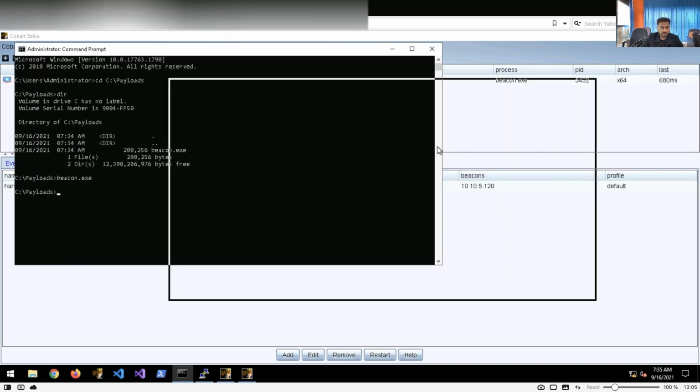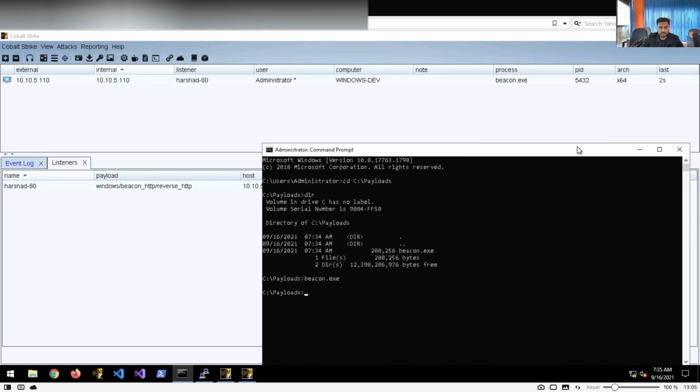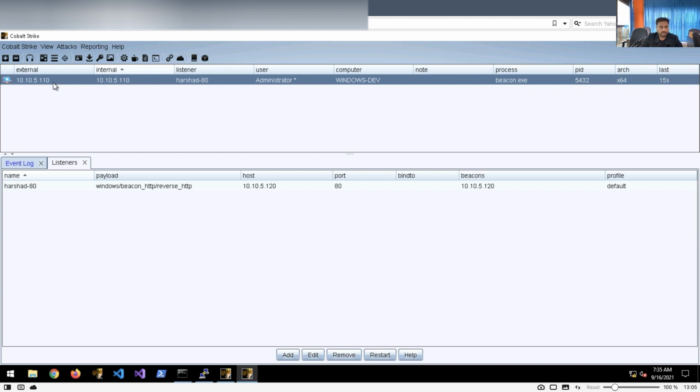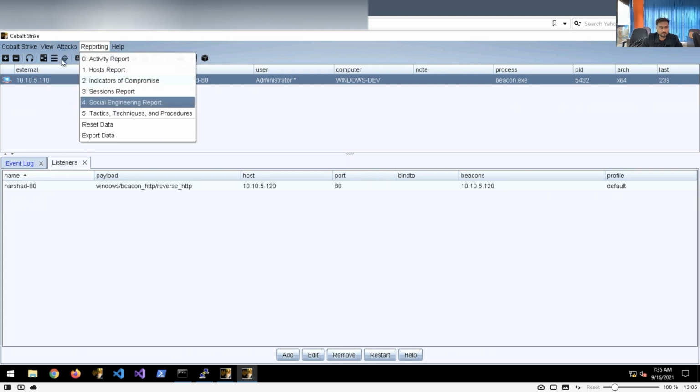And once you do that, you can clearly see this particular section, right, in the middle of the pane. So we have 10.10.5.110 and we have a listener here added, by the way, and this is basically our Windows box. Okay, you can simply select it, and now if you want to change the view, you can simply go to the view section and you can change the particular view according to your requirement.